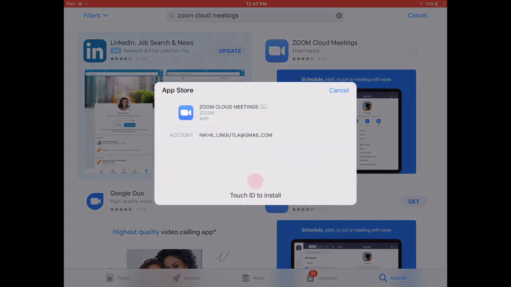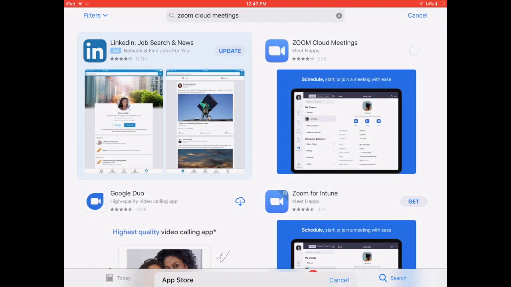my iPad. I will authorize the app to install in my iPad, and so I think it is downloading right now. I think once the downloading is complete, you will see it in your home screen. Once you see it in your home screen, then I will make another video